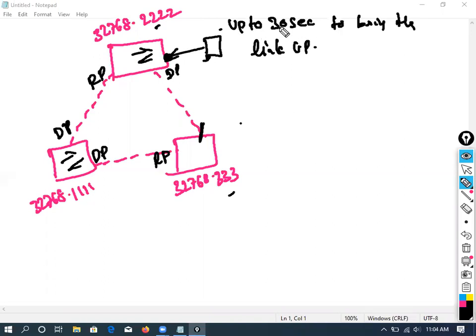Minimum it's going to take 30 seconds usually. That's a normal behavior of a switch. After 30 seconds only, the link will go green, and then you will be able to transfer your data.